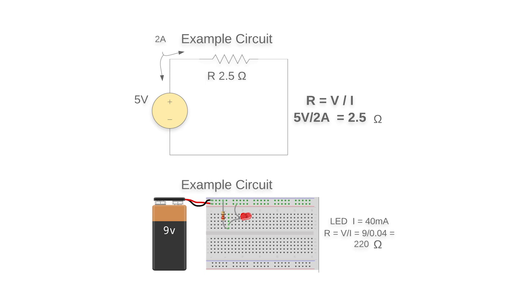Let us take an example application with a 9 volt battery and a red LED. If you connect this red LED to the battery directly, the current rating of the LED may be 30 to 40 milliamps, so it may cause some damage to the LED. So it is better to always connect a resistor in between. How could we calculate the value of this resistor to be inserted? So easy, R equals V by I. 9 volts by 40 milliamps is around 220 ohms.